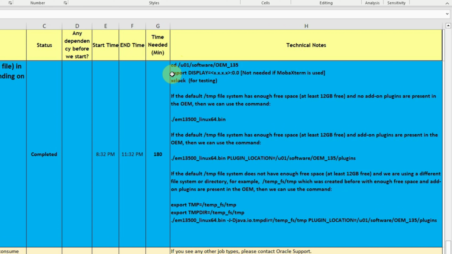And this export DISPLAY variable is optional. If you are using an SSH client like MobaXterm, then you don't have to export the display variable. But if you are using another SSH client like PuTTY or something, then you may have to export the display variable. And for the other three options, if the default temp directory or the file system has enough free space, that is at least 12 gigs of free space, and no additional add-on plugins are present in your OEM, then this is the simple command, that is we have to invoke the .bin file to start the upgrade process